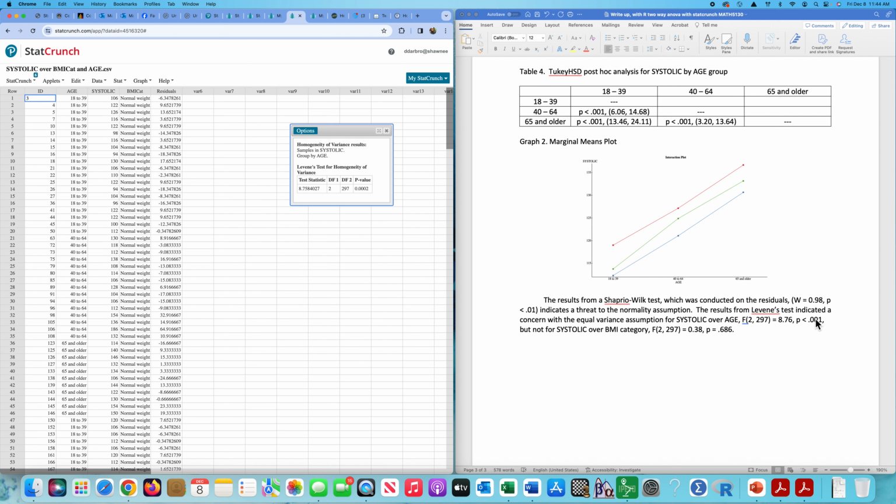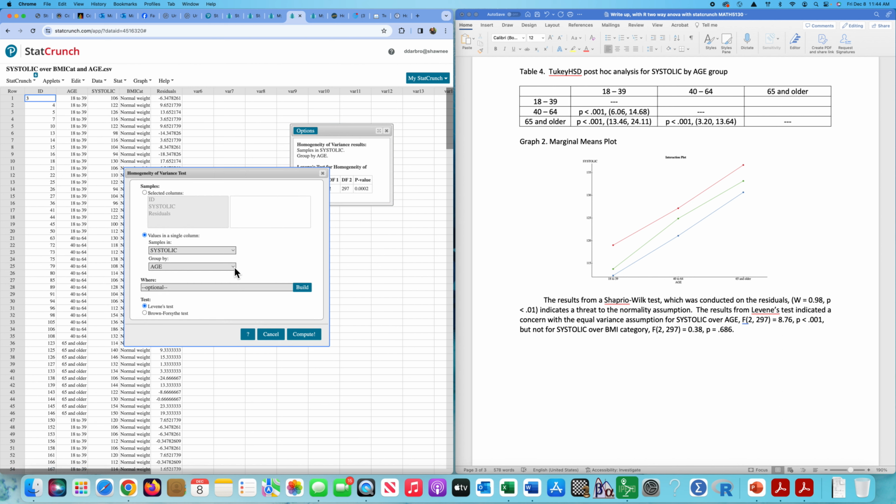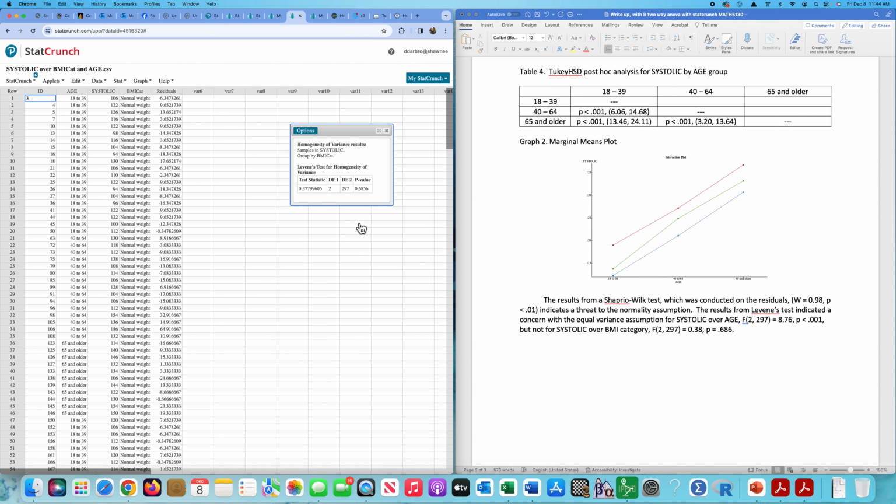There is a concern with equal variance assumption because we reject the null, which states that the variances are equal. But interestingly, when I run this for BMI, I don't get equal variance problems. I can't assume equal variance. So I just tell the reader that I don't like this near as much as the way that R performs these, but